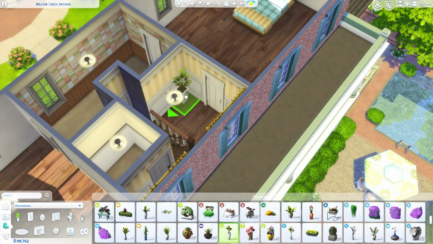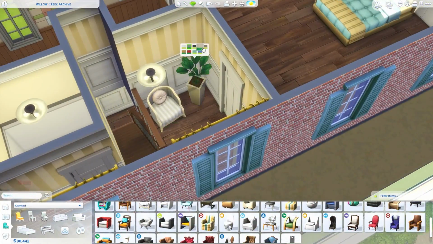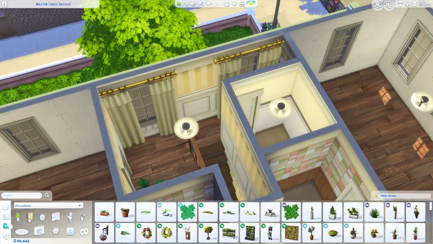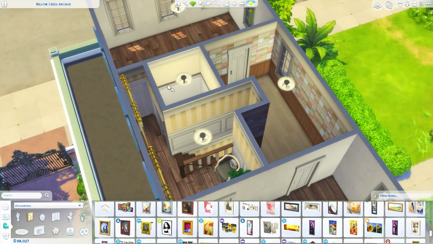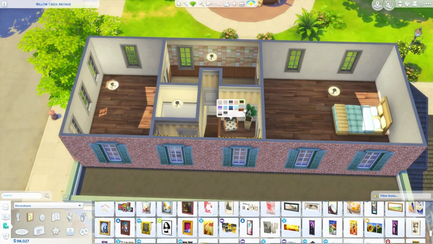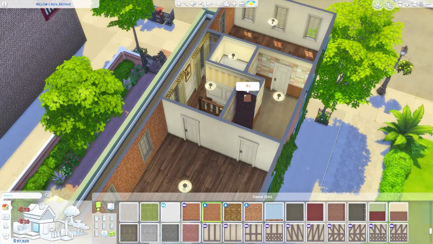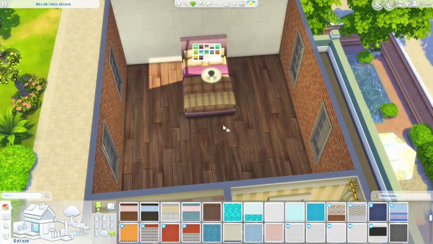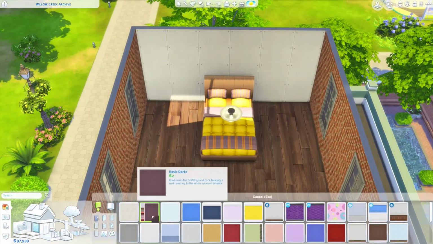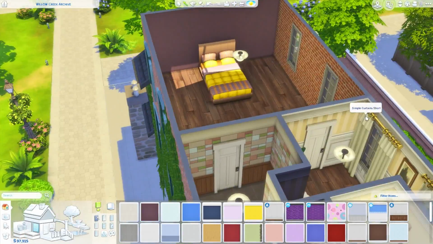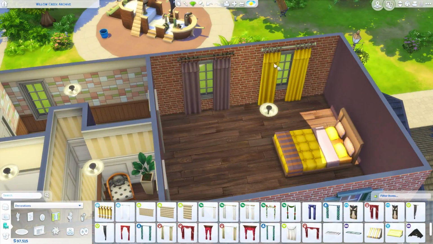But we are on to the upper level now, which, as I said before, is just one large master suite. So we've got the bedroom off to one side, which is where the bed is, obviously. And then you have this bathroom that goes between the bedroom and what is